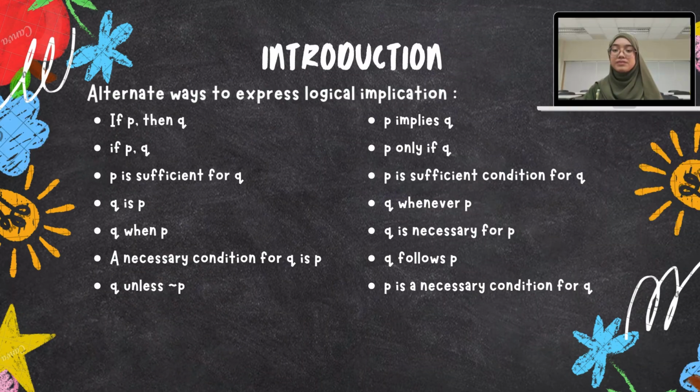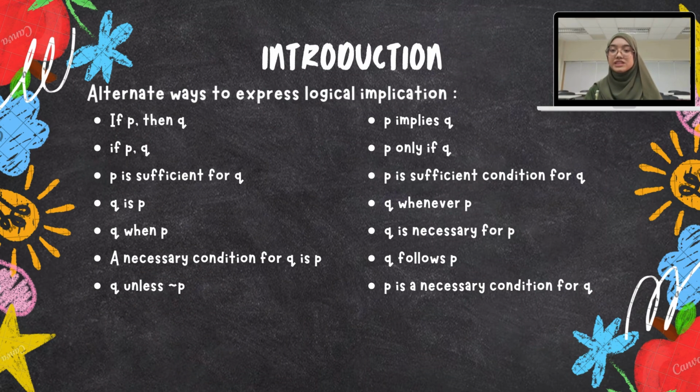Besides writing a logical implication using the symbol P implies Q, we can also express the same idea using different sentences in English. All of these following statements mean the same thing. For example, if P then Q, this is the most direct and common way to express implication. Next, if P, Q, P is sufficient for Q, Q if P, Q when P, a necessary condition for Q